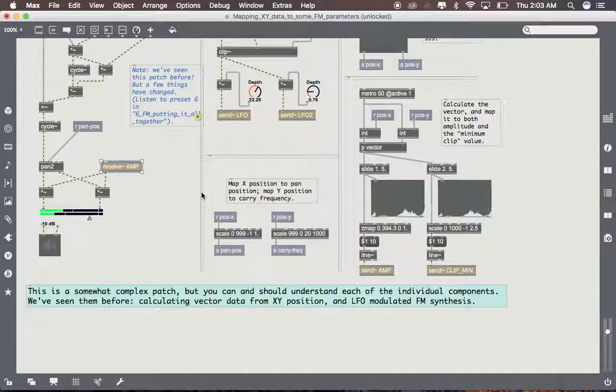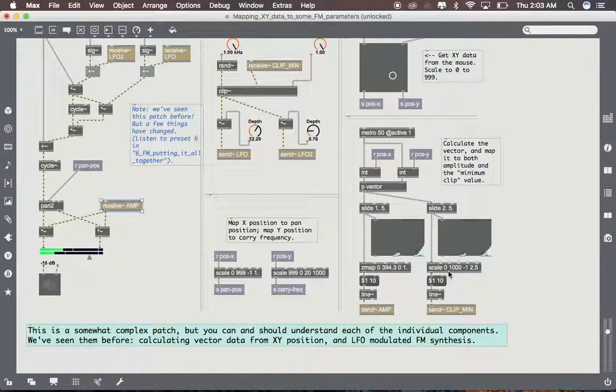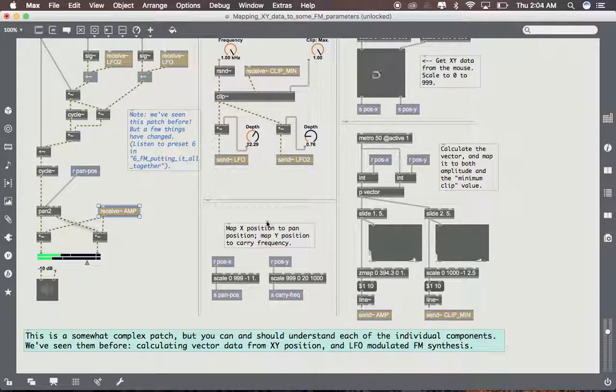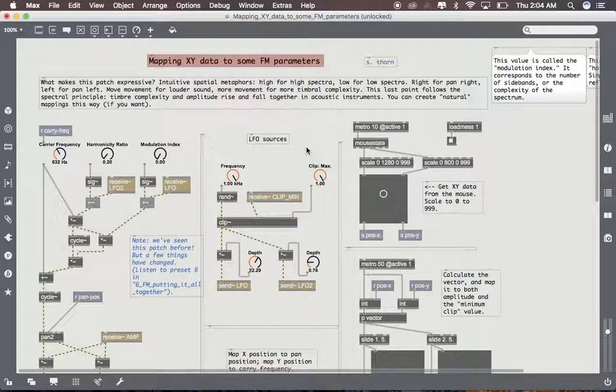Basically an envelope, creating an envelope so that the signal does not just stay on, and your mouse speed controls that amplitude. The mouse speed determined by the vector and the changes in location on your screen is also sent to the clip minimum level. So there's a range with the clip, goes from the minimum and the maximum here,